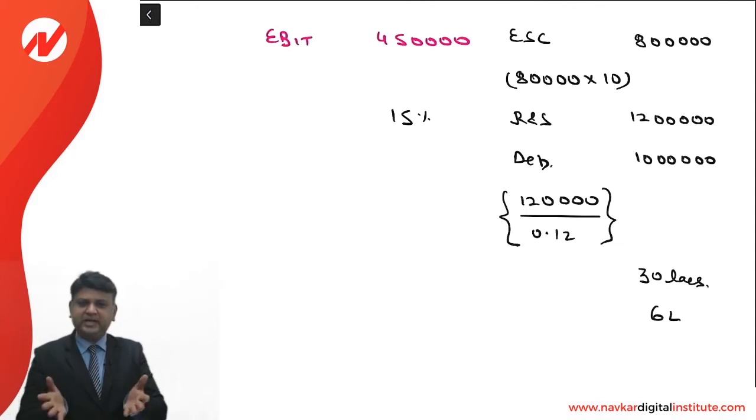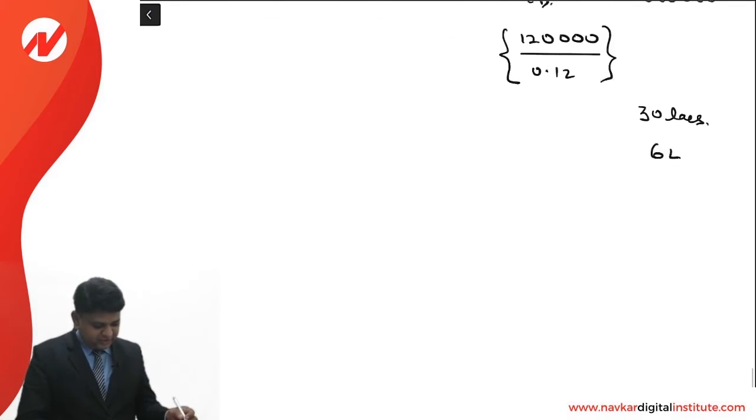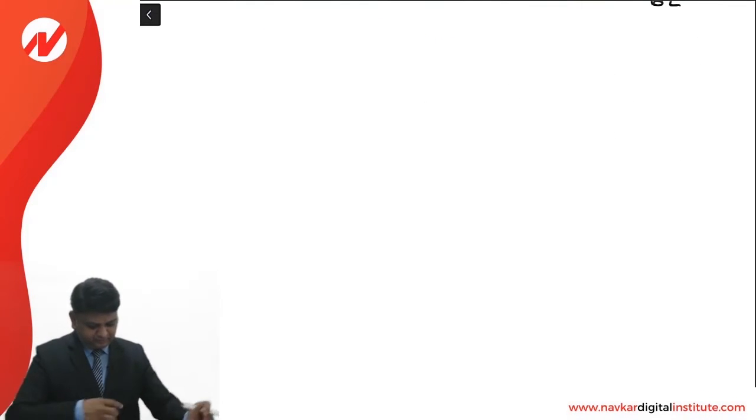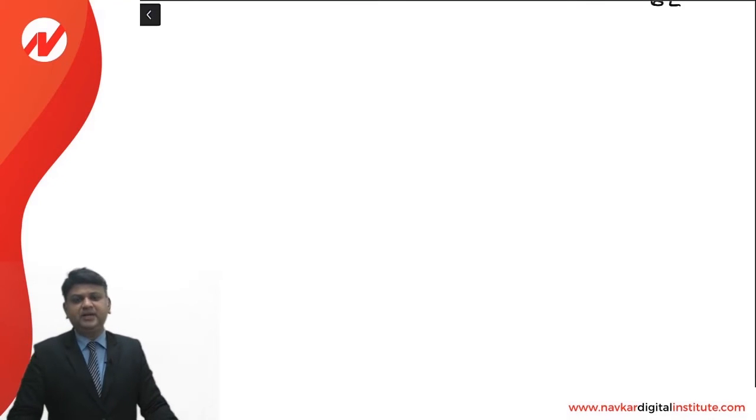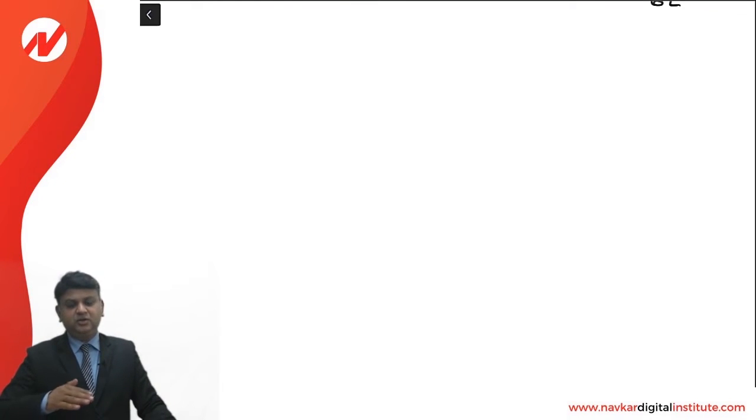So in order to calculate the return on investment or return on capital employed, the working notes will be like this. First working note will be the calculation of the debentures, 10 lakhs. Second working note will be the 30 lakhs capital employed, or otherwise we can directly put the equation. That is the way we compute the return on investment. So I request all of you to write down the answer for the question. As a student, you should not understand only the answer. You should also understand the sequence in which you are supposed to pursue the answer.